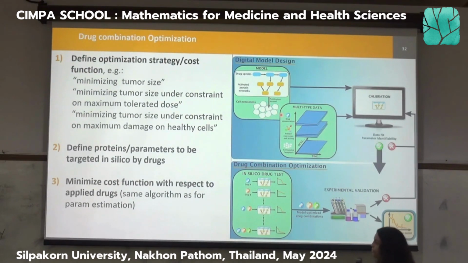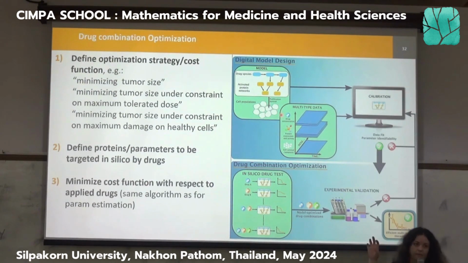Or you can also include into your mathematical model a representation of healthy cells that you don't want to damage. For instance, let's say that I don't want to have too many toxicities on my blood cells. I would represent my blood cells and the activity of the drug inside the blood cells, and then put the number of healthy cells not to be killed inside my constraints in my objective, in my cost function. Because again, this is the cost function that we are using. So basically, this is the cost function.